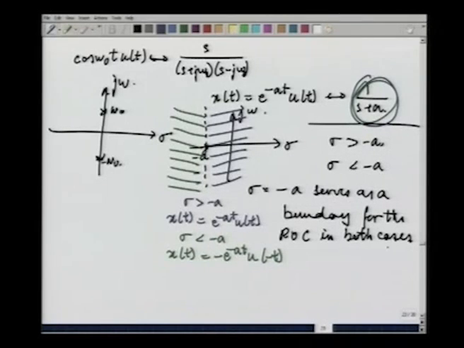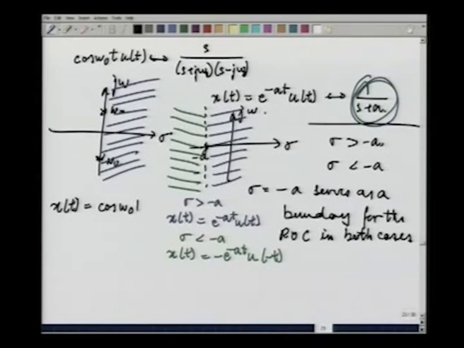Now let us look at the cos omega naught t ut example once again. Here the ROC turned out to be this. You have not one pole but two poles over here, but again they are serving as a boundary. Poles generally serve as boundaries. Let us take the other example where the left side is the ROC for this case. Suppose you take xt equals cos omega naught t u of minus t,